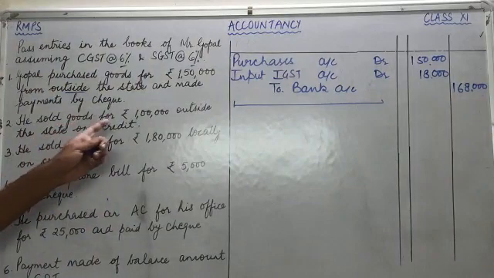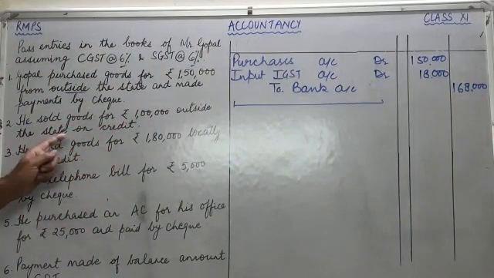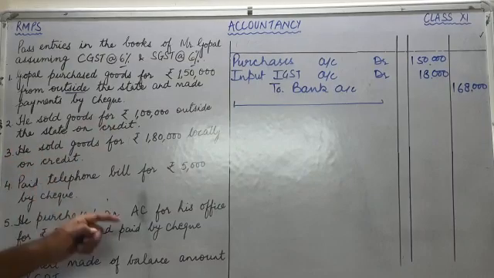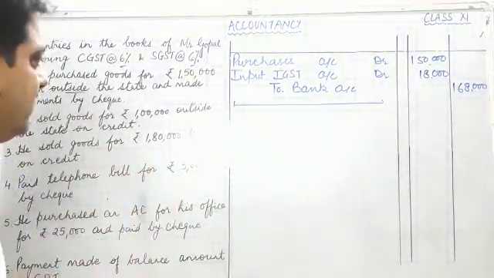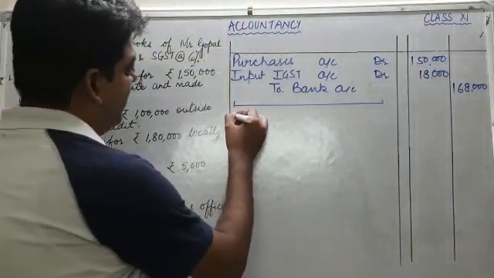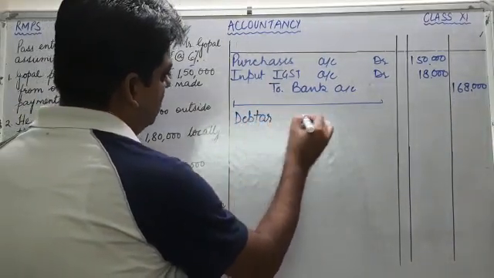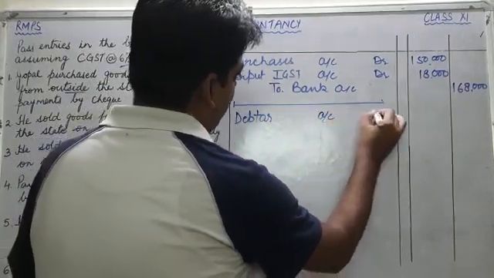Then he sold goods for rupees 1 lakh outside the state on credit. This is a credit sale of goods, but again you can see this is an interstate transaction. So the name of the party is not given, so that party will be treated as debtor. So debtor's account will be debited